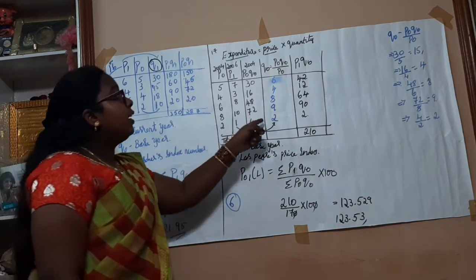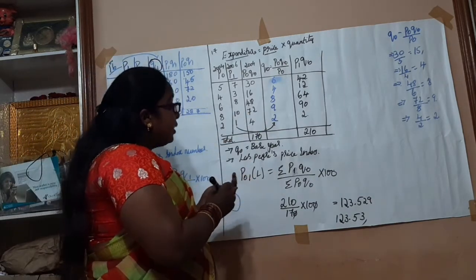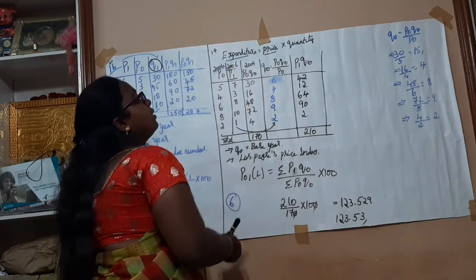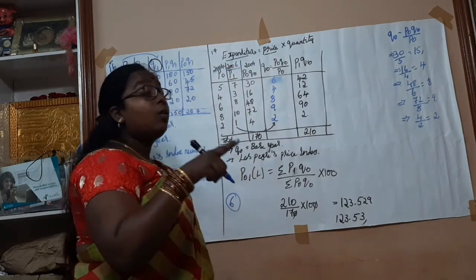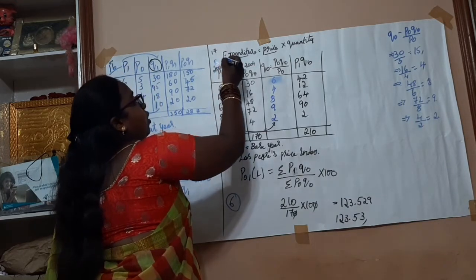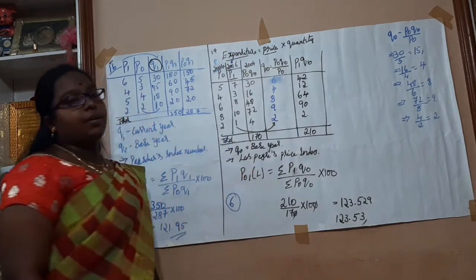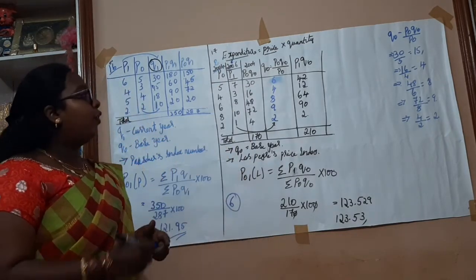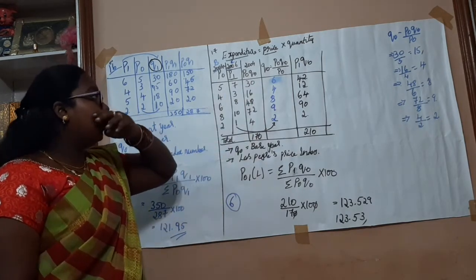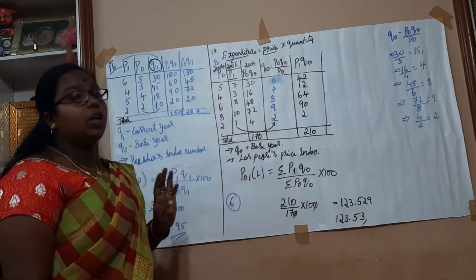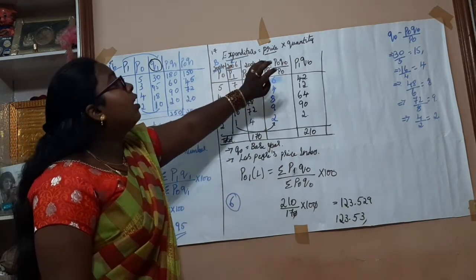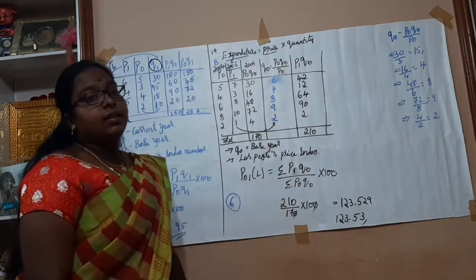Next, your 17th problem, they are given as base year 2004, current year 2006 and expenditure for 2004. Your least year will be base year. Your highest year will be your current year. So that is what we will follow. Now they are given expenditure for 2004, that is P0 Q0. P0 Q0 they are given for us already. Price into quantity is your expenditure.